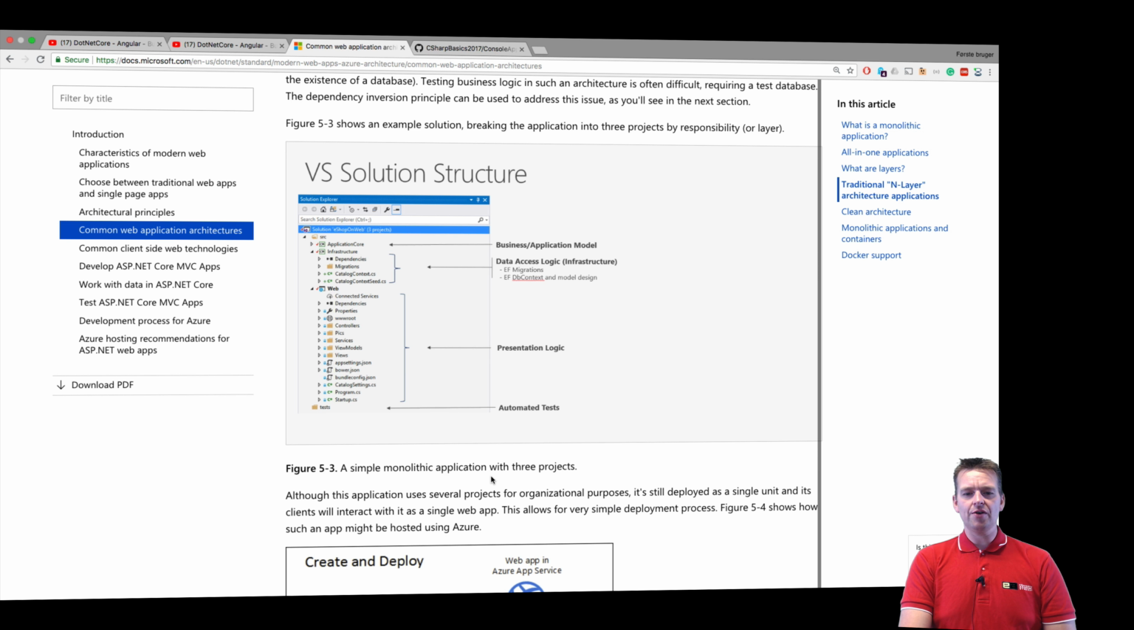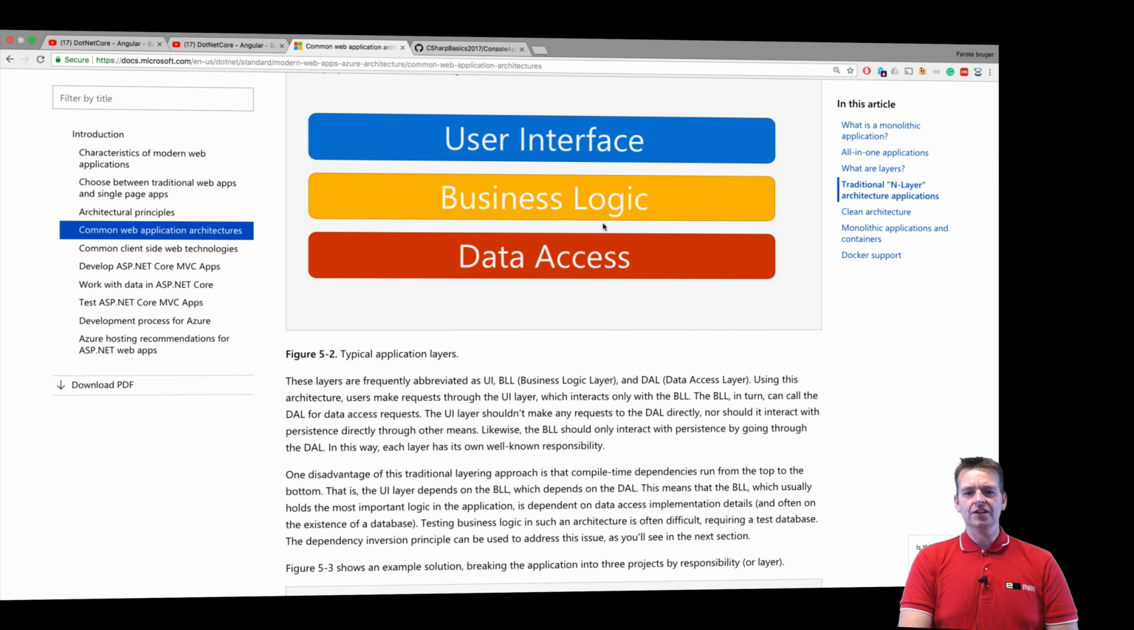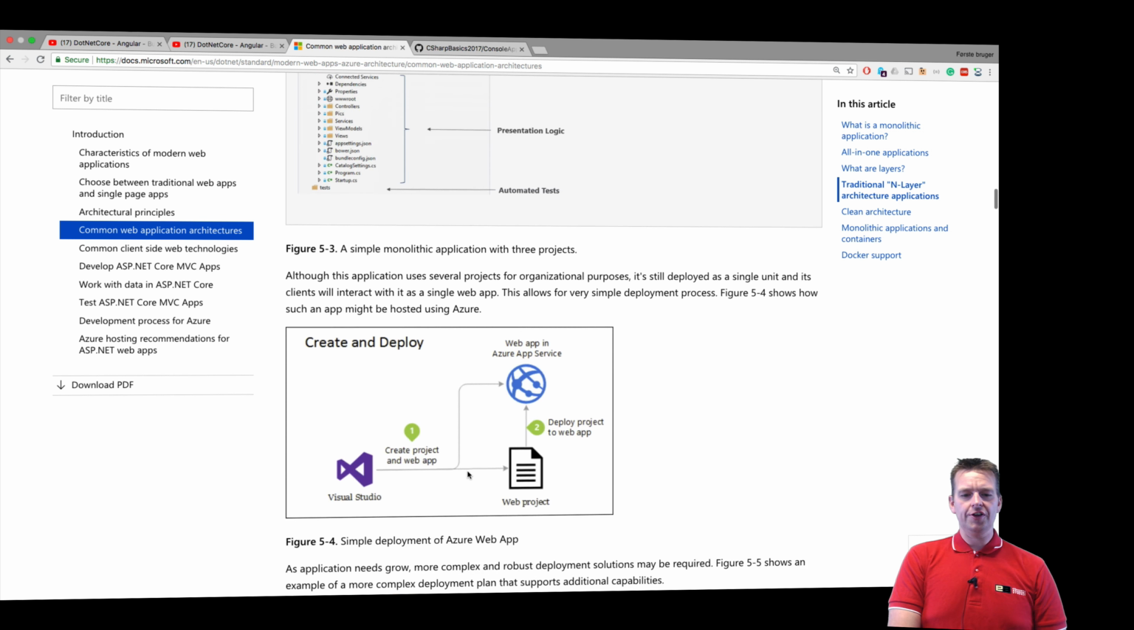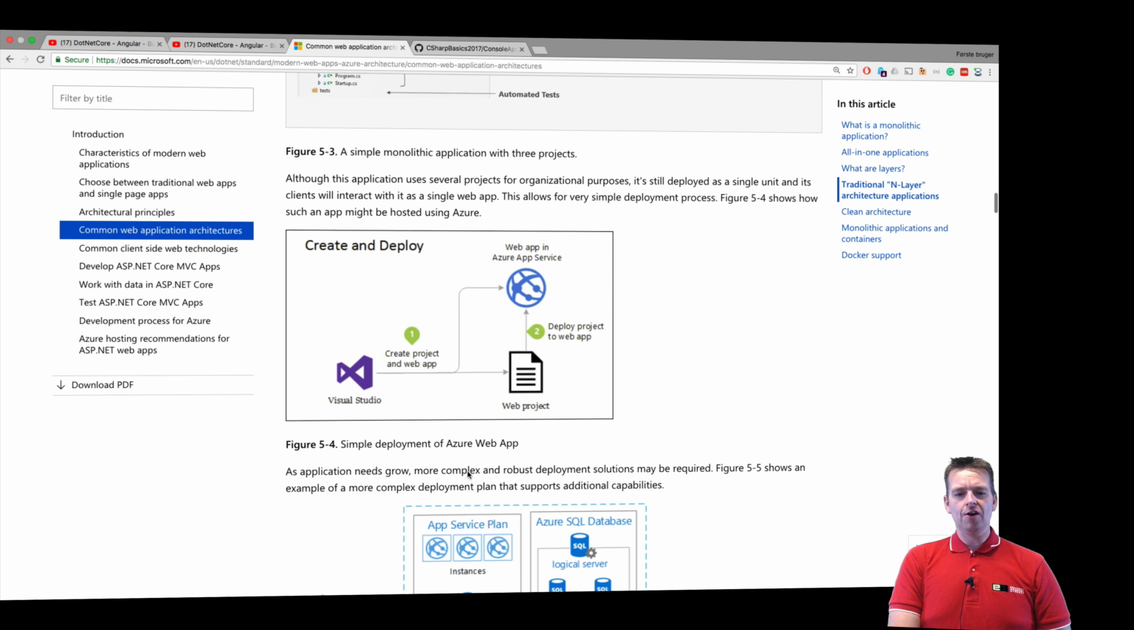So think of each layer right here as a project in a solution in this case. Sweet. Let's scroll further down, because then they start talking about how that would work and how you would implement it. But then we get to something cool, the clean architecture, the new idea. The new guy on the street that we are going to start using in this series